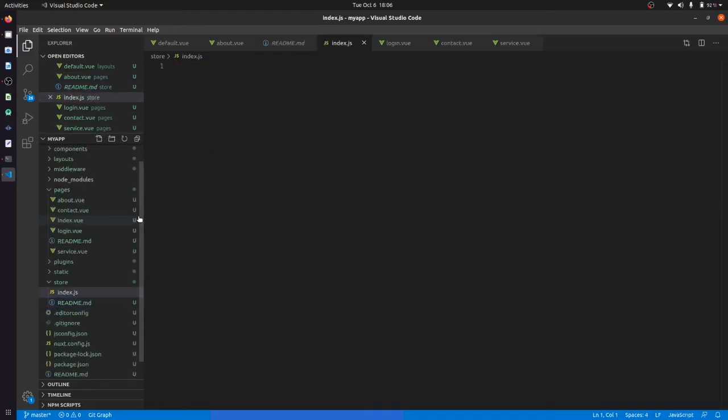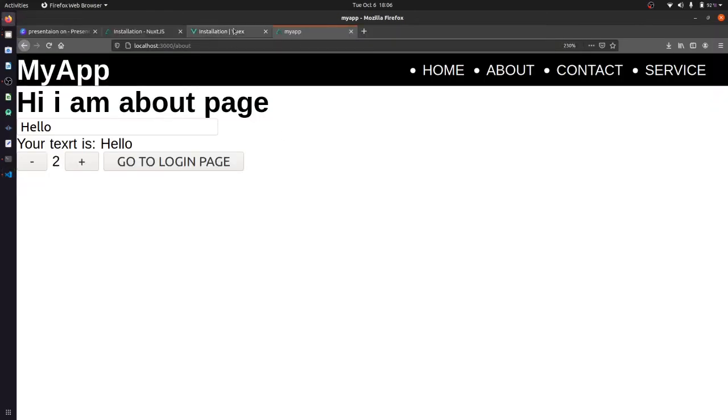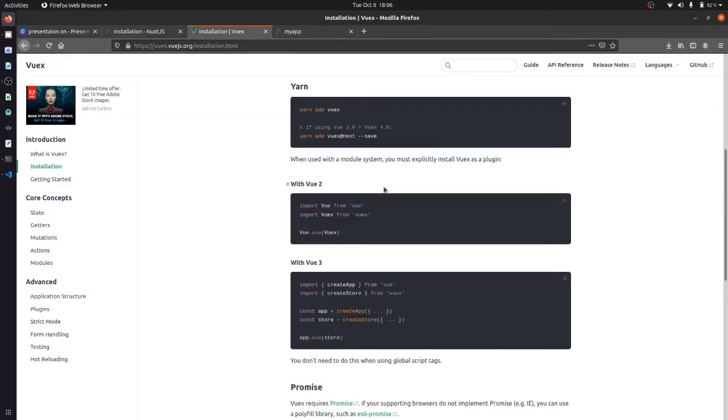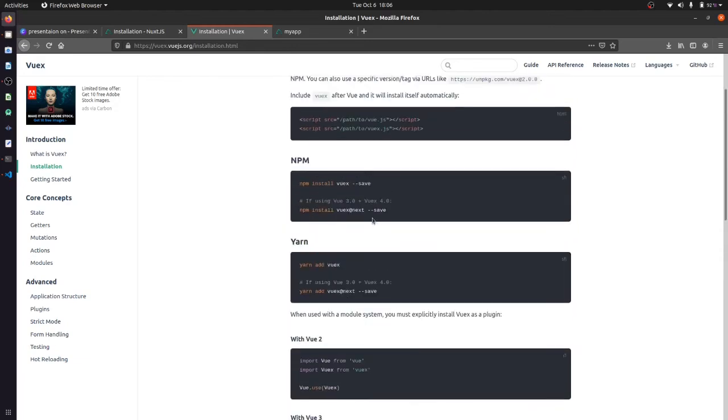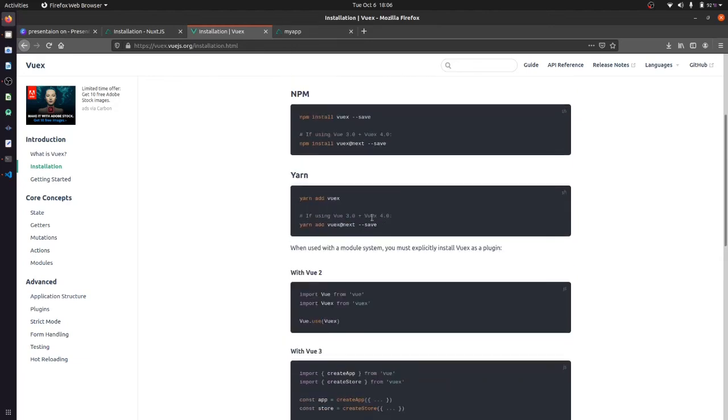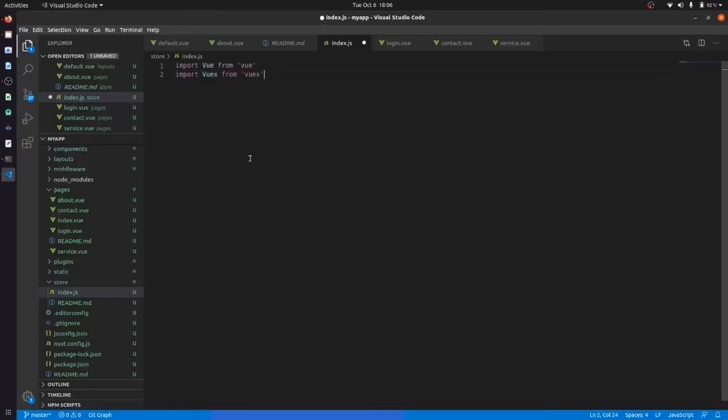Inside that index.js file, if you go to this documentation, you can see that it says just download or import Vue and Vuex. I'm going to just copy this and paste it here. I love giving semicolons to my end lines.